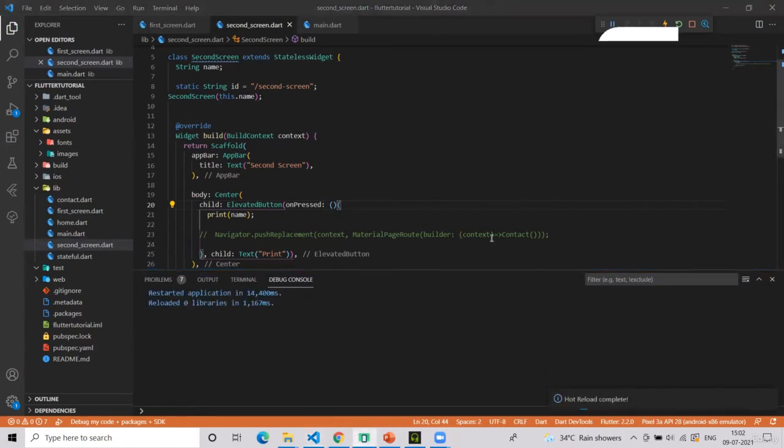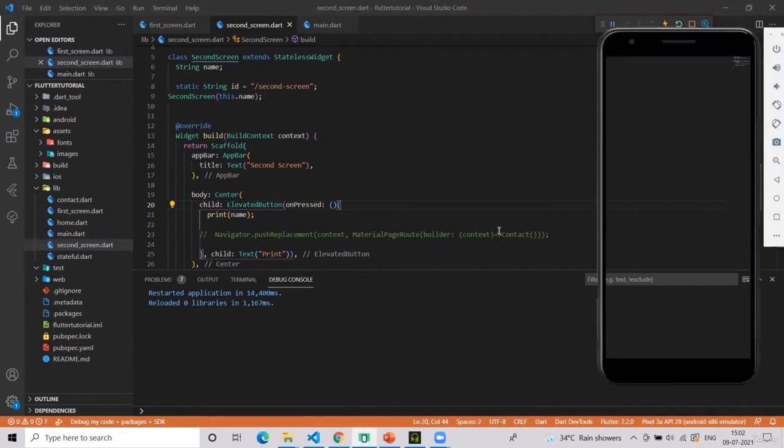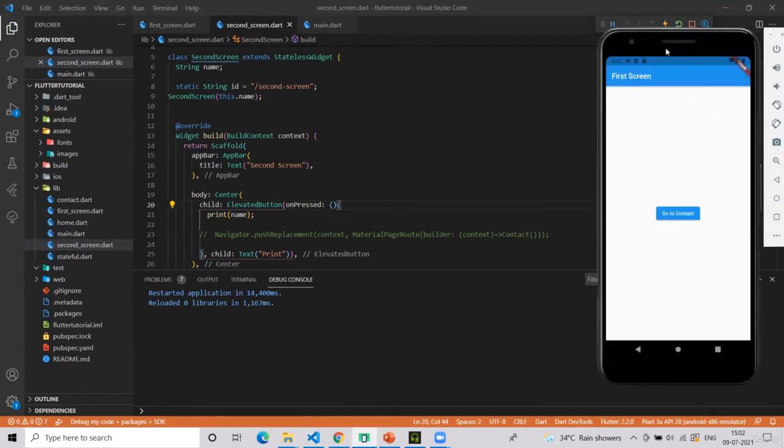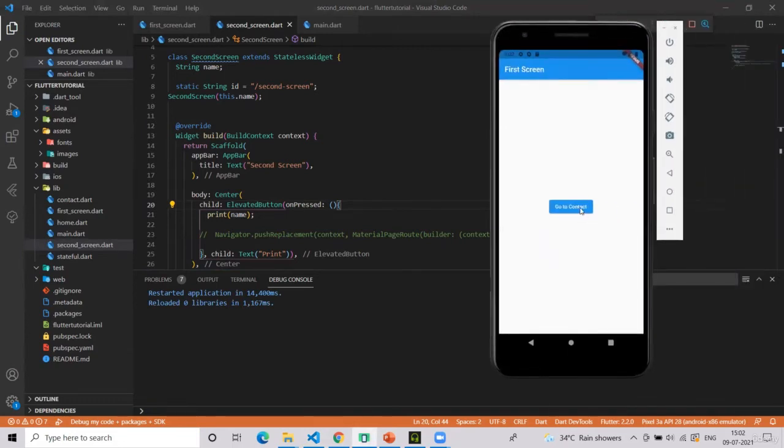Bring out your emulator. Now go to contact, so that it should go to the second screen. I hope you understood. So when I go, now we have this button print. And when I click on this button, see, Bill Gates. In the print output, we can see that's the Bill Gates value, which was sent from the first screen.